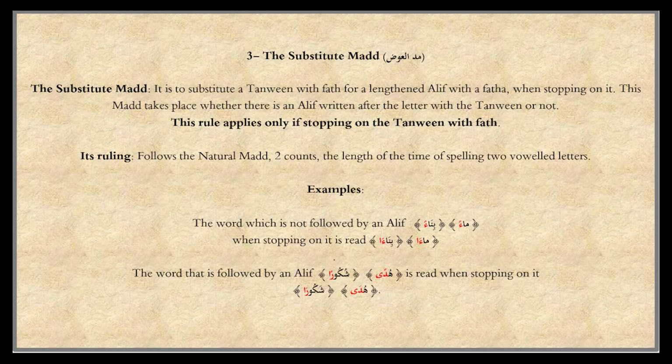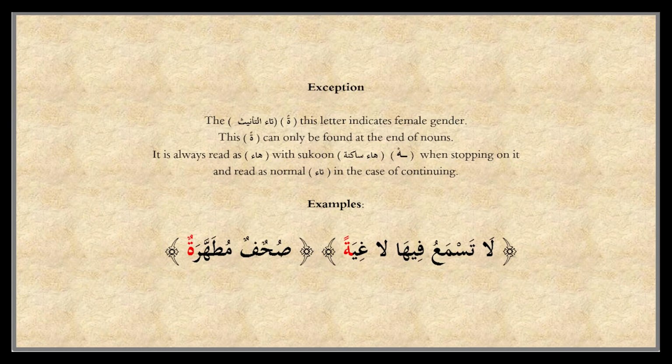Shakuran, we stop shakura. Hudan, we stop huda, and so on. Exception to this is the ta'nith. The ta'nith indicates female gender. It is written like a circle with two dots and two fathas on top. It can only be found at the end of nouns. It is always read as ha sakina when stopping on it, and read as a normal ta in the case of continuing,